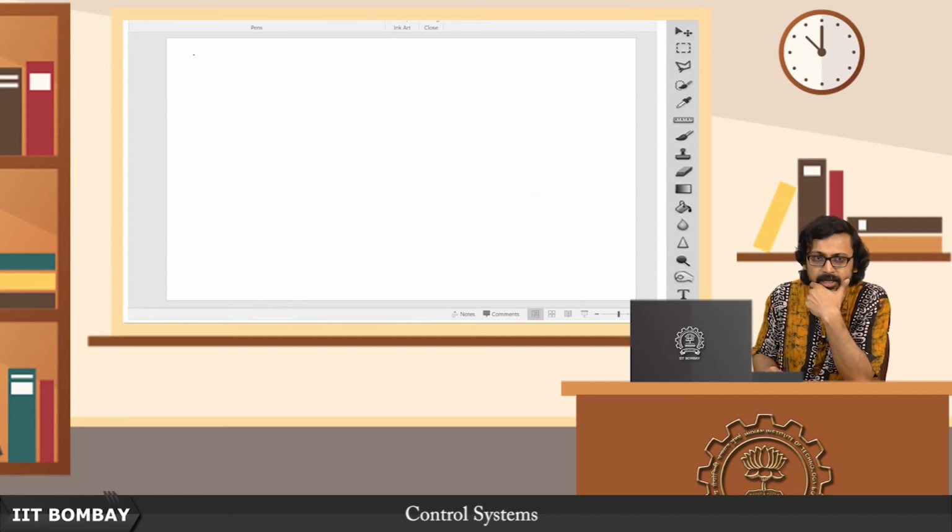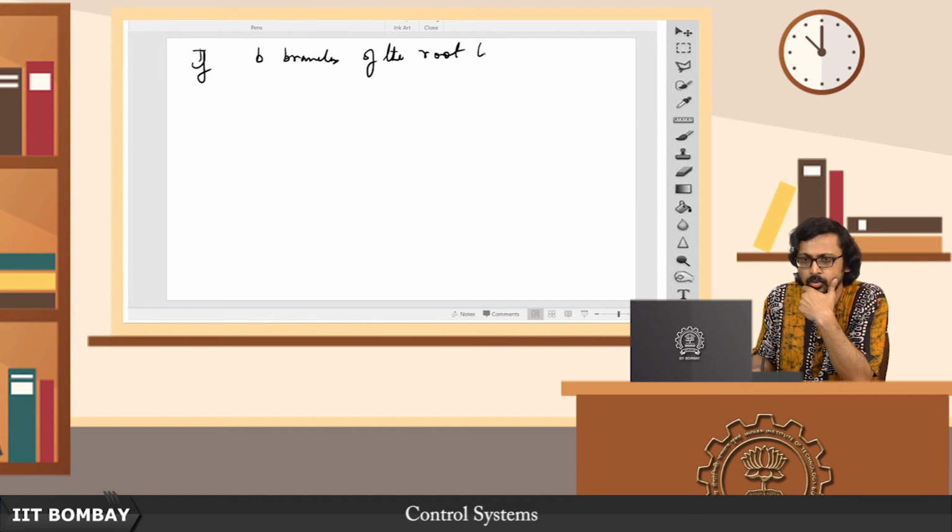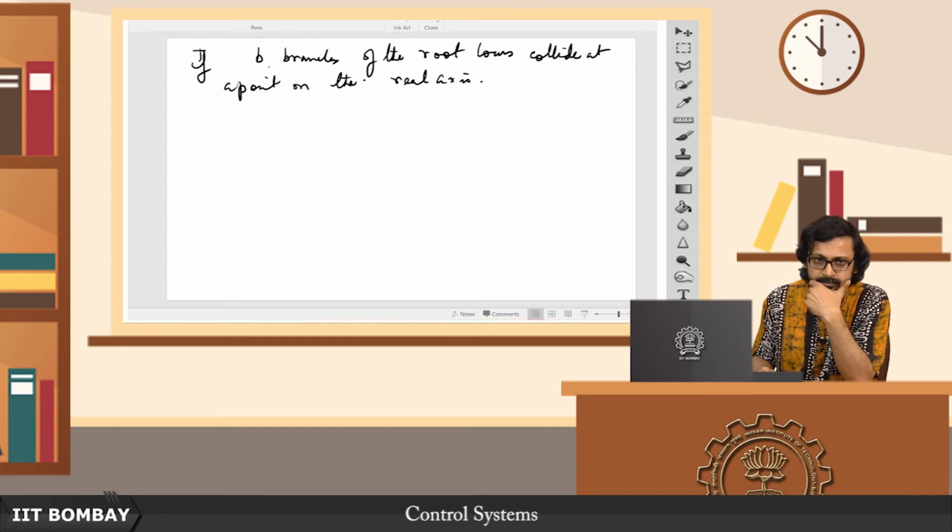So here is the general result: if b branches of the root locus collide at a point on the real axis, then